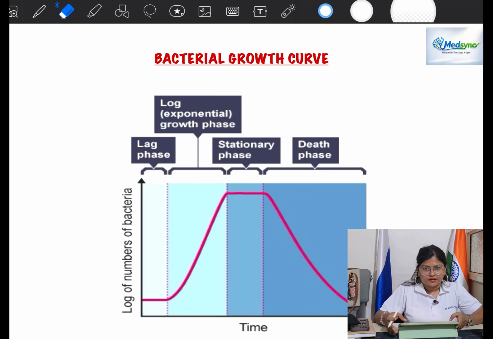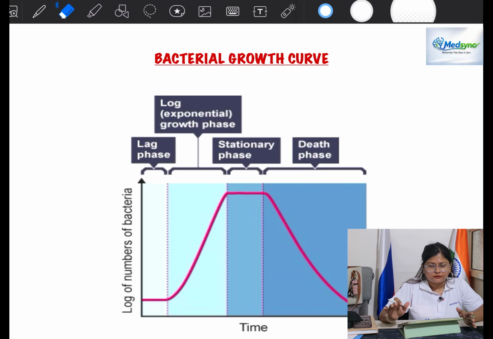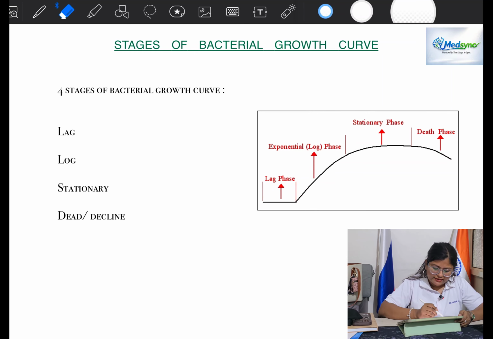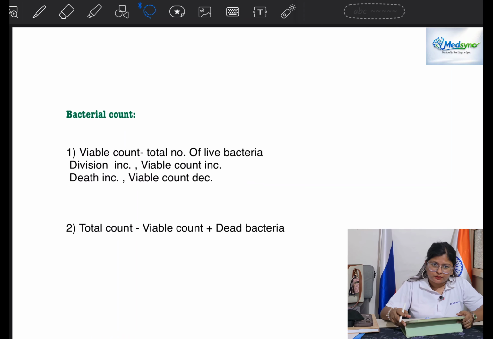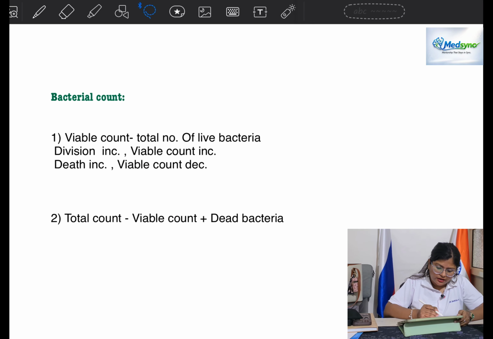So today we'll be learning about the bacterial growth curve in the microbiology session. There are four main stages of the bacterial growth curve, and those are the lag stage, log stage, stationary stage, and the dead or declining stage. Before that, we have to know about bacterial count, done by two methods, viable count and